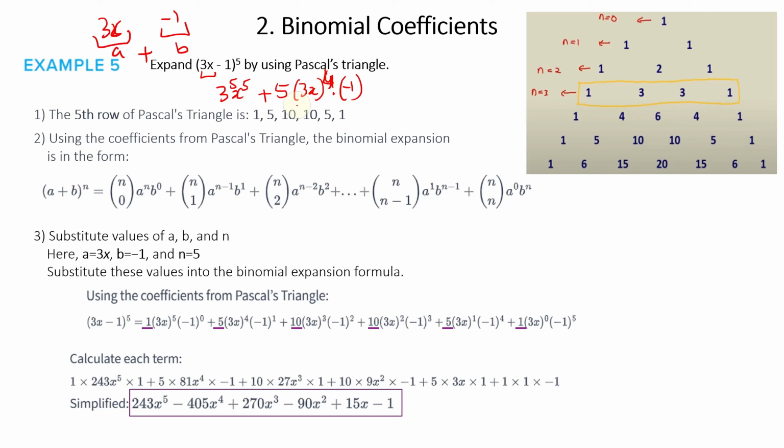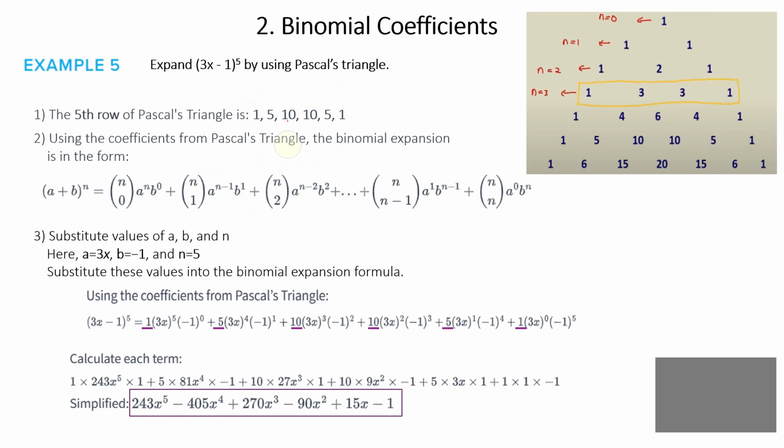So that means this is 3 to the power of 4 times 5, and then it's going to be negative, because I'm multiplying by minus 1. That's basically the idea that is written here. You see, this is the 1 that I'm getting from here, and (3x) to the power of 5, and this is (-1) to the power of 0. I did not put it because to the power of 0 this becomes 1. But in the next one I will have this 5, which is this one over here,